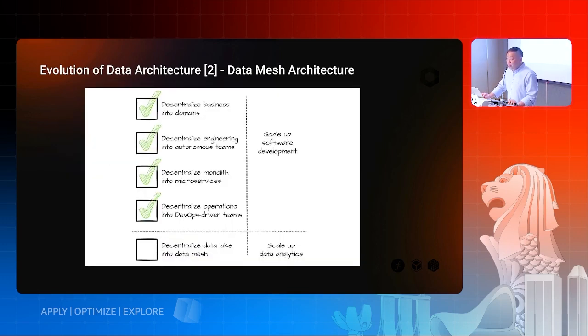So what this means is that your initial data lake is going to be decentralized into business domains instead. So the business owns, or at least the different departments within the enterprise own the data. So they become domain experts in their data itself, and they're going to decentralize all this engineering team into autonomous teams. So one DevOps engineer will serve the rest of the business group.